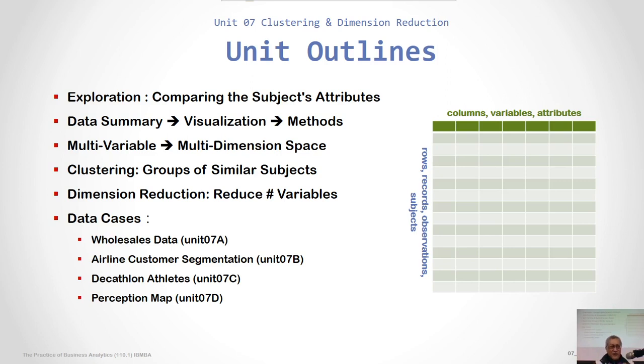Visualization is actually just trying to project, trying to map the subjects into a space, so you can see them better, right? But what happens if the dimension that you want to compare is like 10 variables? A 10 dimensional space is hard to imagine, because we human beings can only see 2 or 3 dimensions. Beyond that, we no longer can imagine, and we can no longer see what is beyond 2